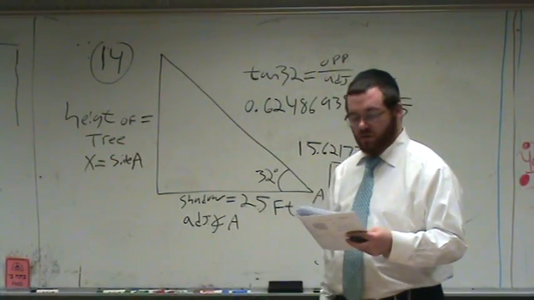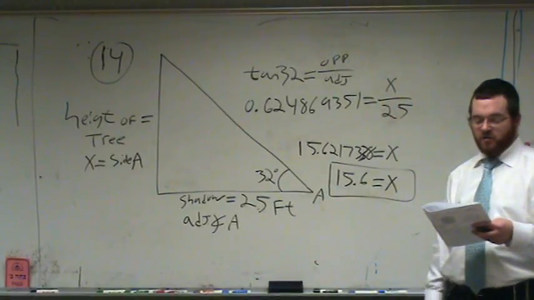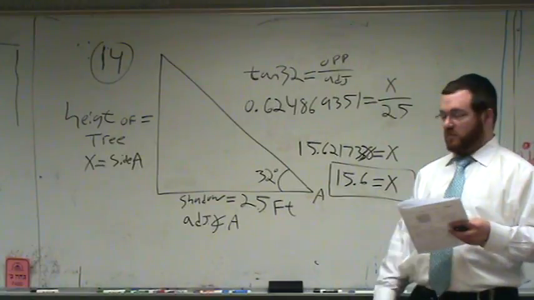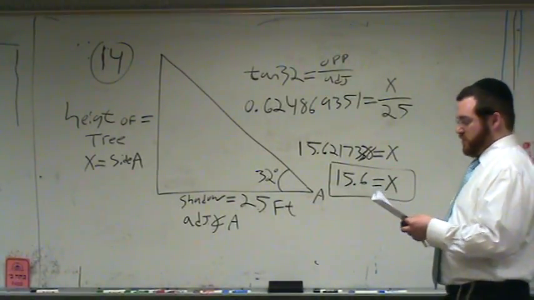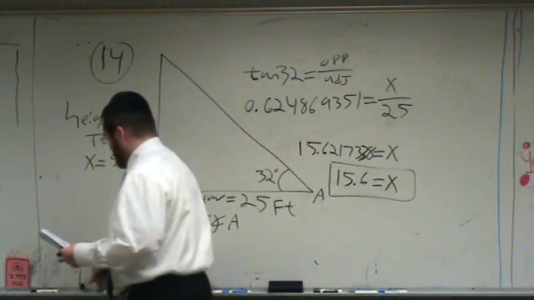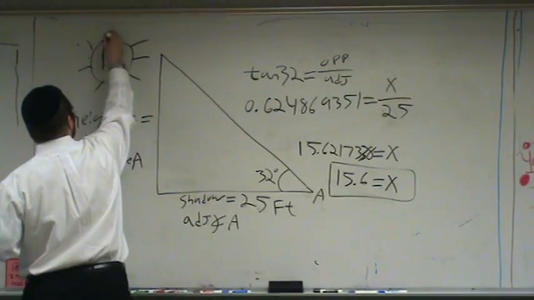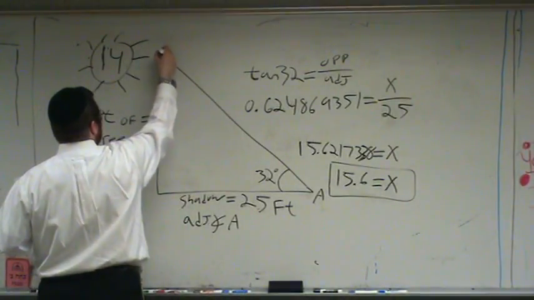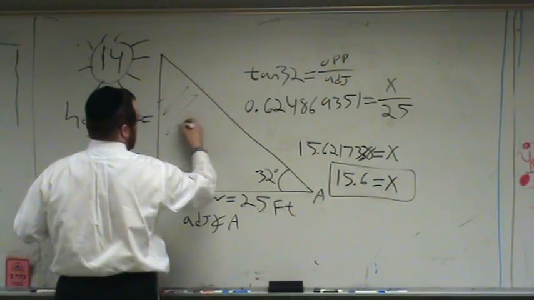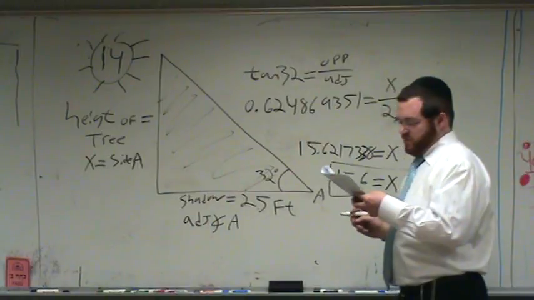Question 14. A tree casts a 25-foot shadow on a sunny day as shown in the diagram below. So here's the diagram on the board. Here's the tree, here's the sun over here, and the tree is casting a shadow. This is the shadow. This whole area over here is the shadow. It's casting a shadow,